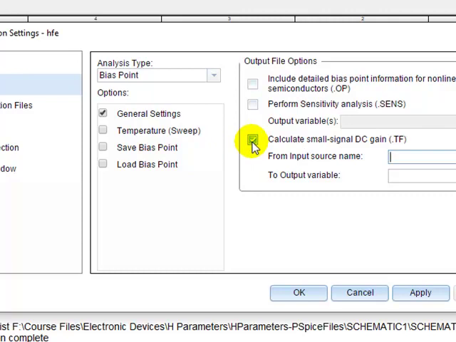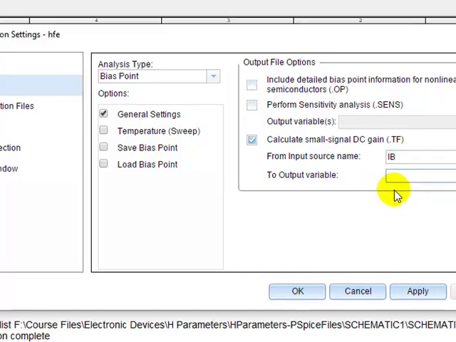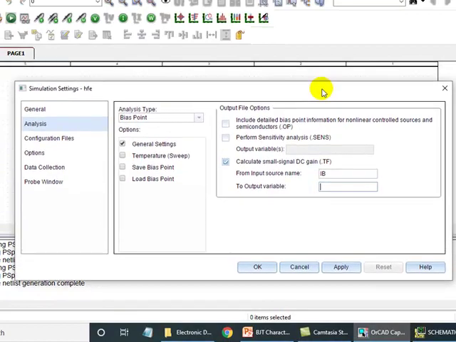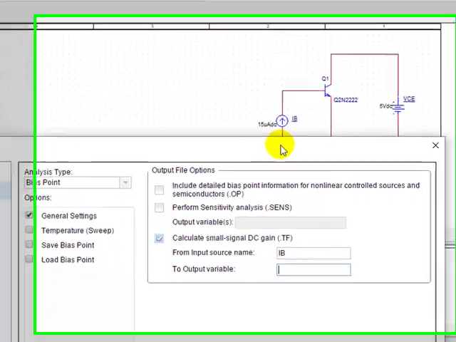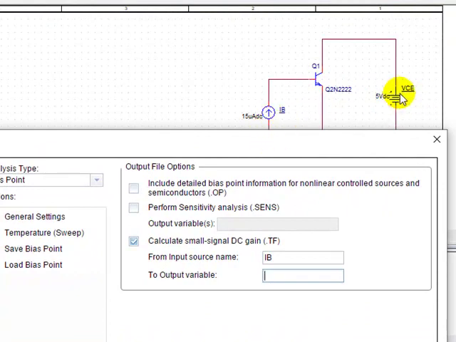Click on select calculate small signal DC gain. Input source name is IB, this is the input, and the output variable is the collector current. However, I cannot enter collector current directly because the parameter I am going to enter must be of an independent source.